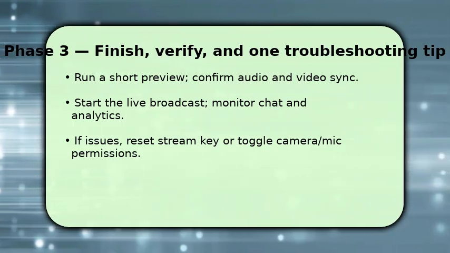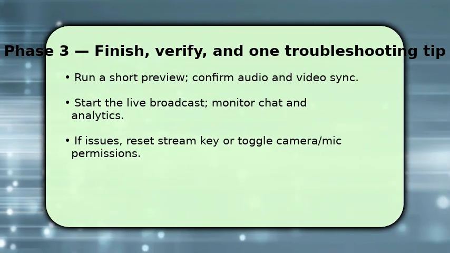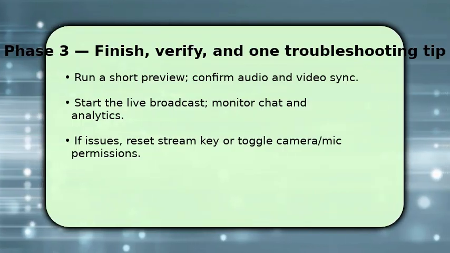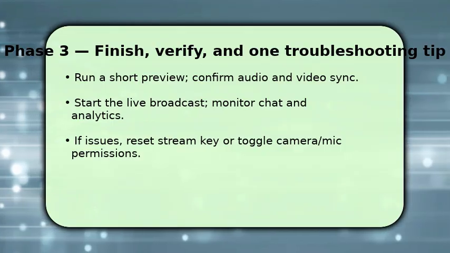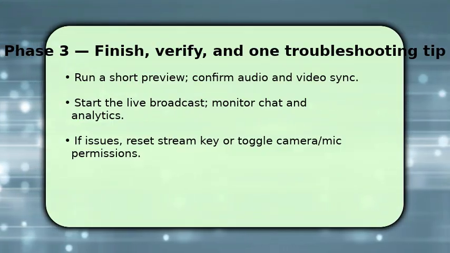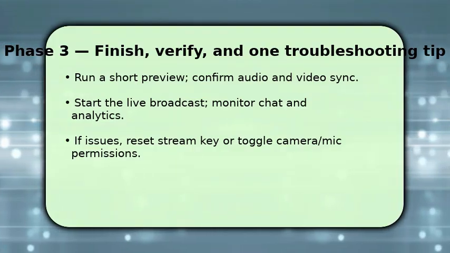If latency spikes or no video appears, stop the stream, verify the stream key, and reauthorize camera and microphone permissions, then restart. One key troubleshooting tip: if viewers see a black screen, refresh the stream key and restart the encoder. That usually resolves codec